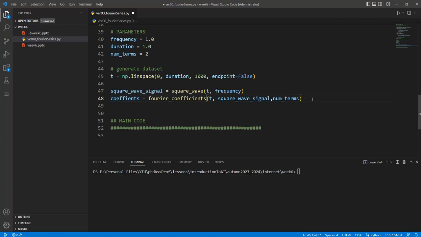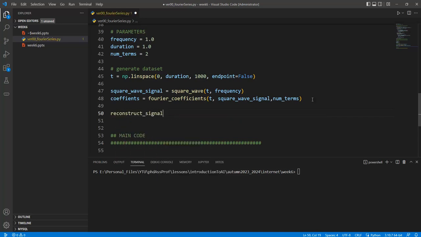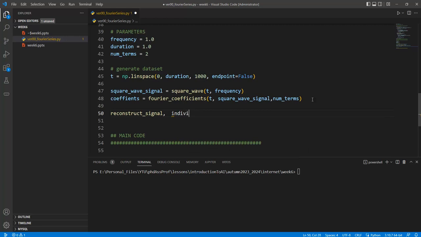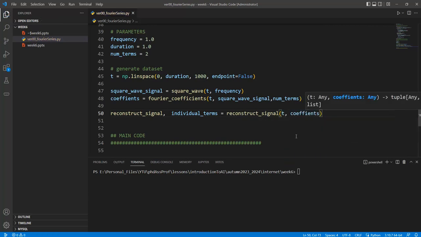Okay, and after that we can use these coefficients in order to reconstruct the signal in the time domain. Okay, and so the reconstructed signal and individual terms can be assigned with the reconstruct signal parameters in here like this one, T and coefficients. Okay,